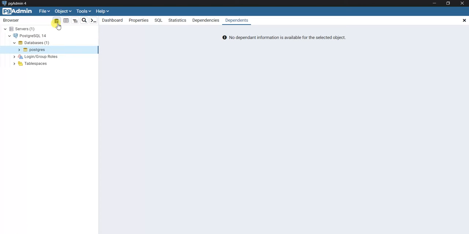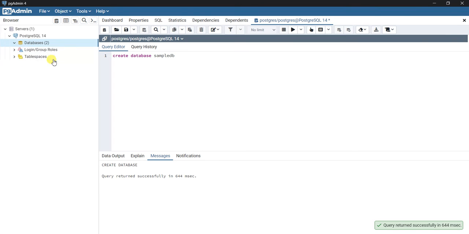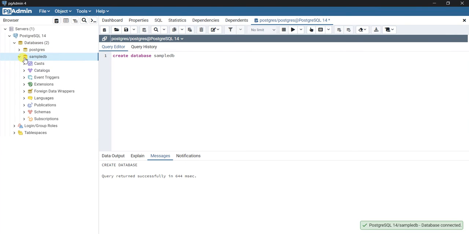So click on any of this and click on this query tool, which will give you basically a query editor. Here what I'm going to do is run a command, create database, and let's call our database sample db. Click on run here, and it says create database is successful. Now I'm going to go here and click on refresh, and if you see here, the sample db